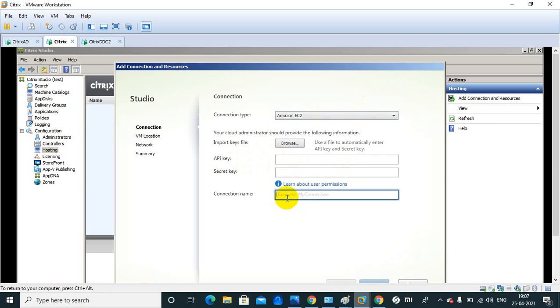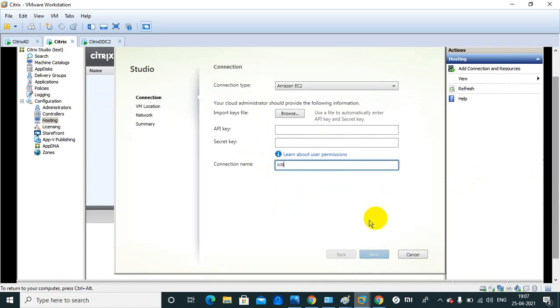In the connection we can provide any name, and it will connect with the hypervisor. Yeah, the API key, when we create the EC2, at that time the option comes, and you have to download the key first, and after that you have to start the thing. Okay, and then copy and paste the key.